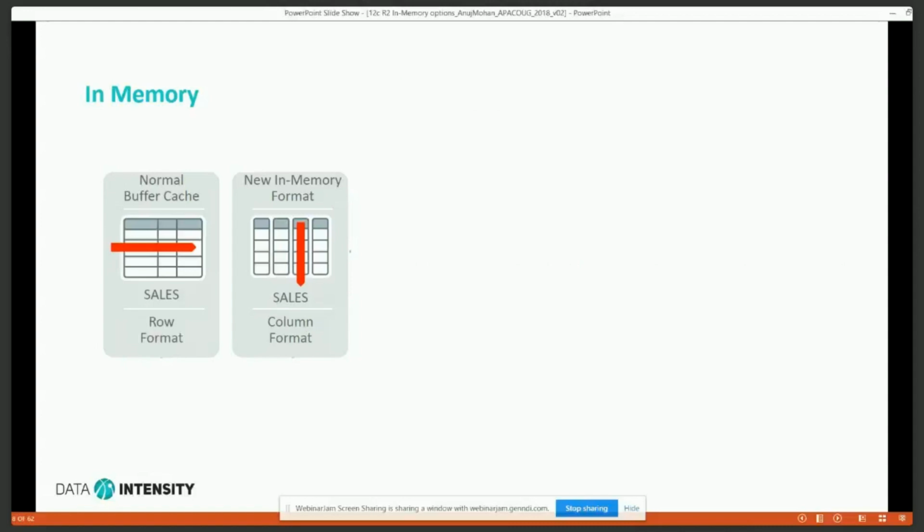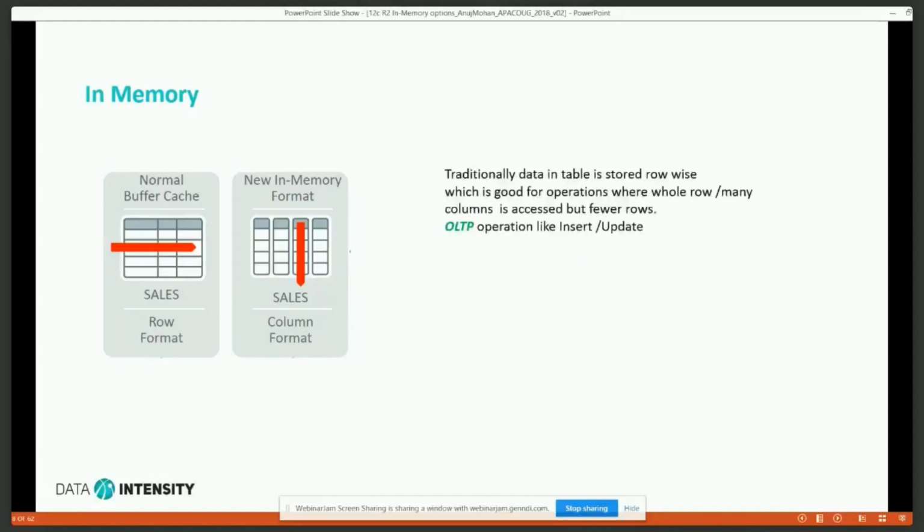What is in-memory? Traditionally, data is stored in a row level format, and the new in-memory format was a column level format. Until the in-memory option, you had to choose between row level format or column level format. You were given some option if you are using Exadata, where you can use a hybrid nature. But the true in-memory came with this patch set, where you will have an option to